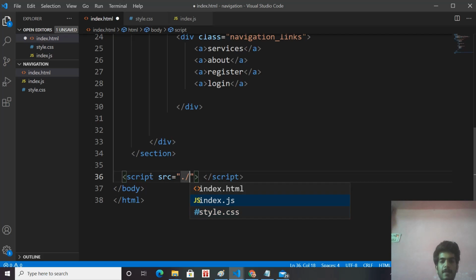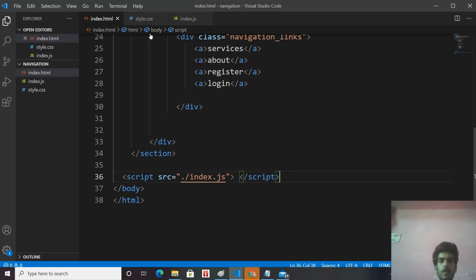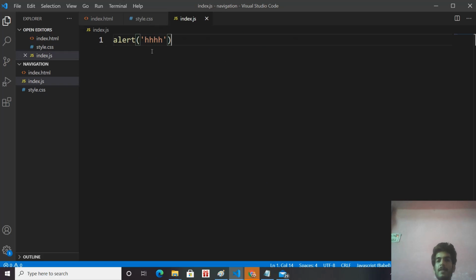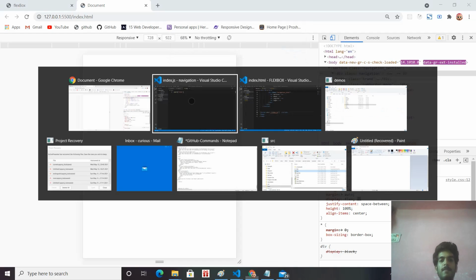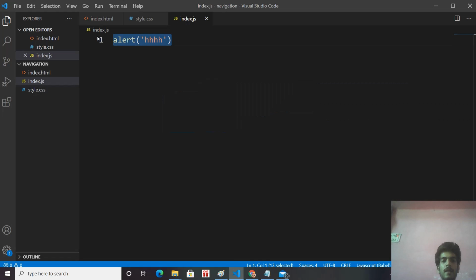Our index file is in the root directory. See, when I save this, we have added an alert message in the index file, so when we link the file and it gets successfully linked, it shows the alert message on our screen. Okay, so it indicates that our file has been linked completely.